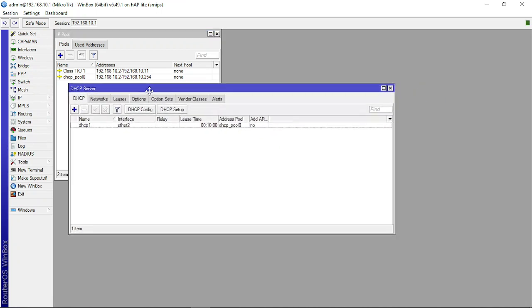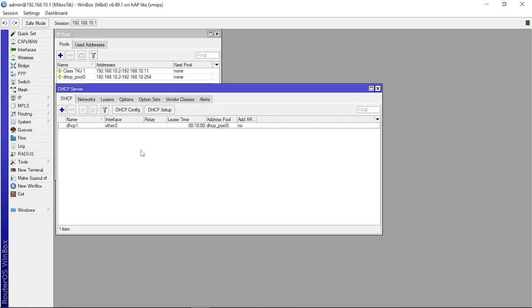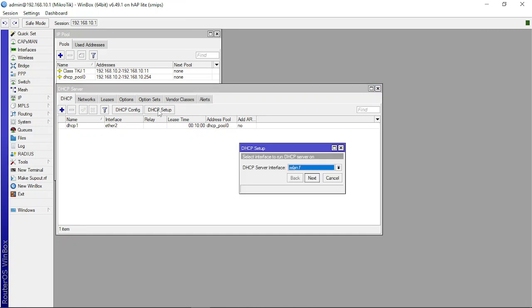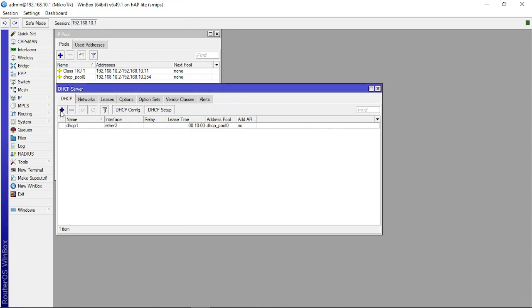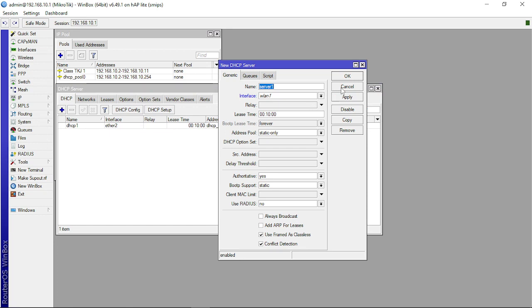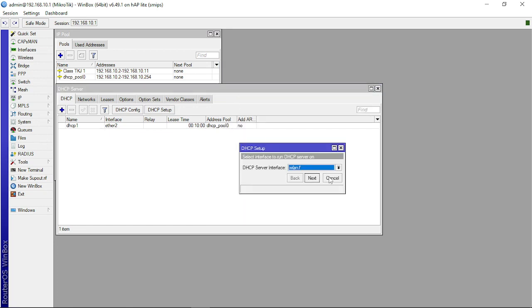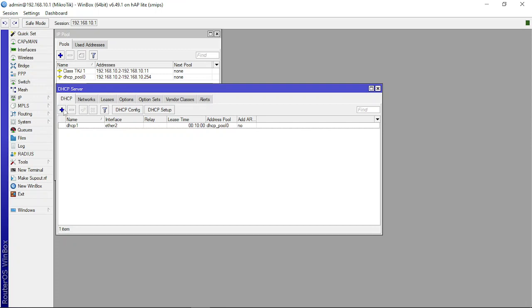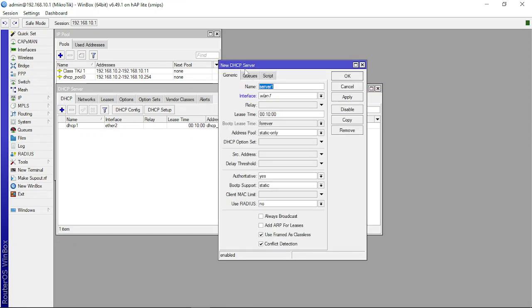Before making the DHCP server, we can create the DHCP server, and in this wizard, because this lab is static and not automatic, we choose static. For this new DHCP server, we choose generic DHCP server.